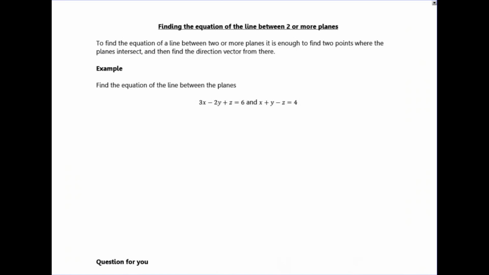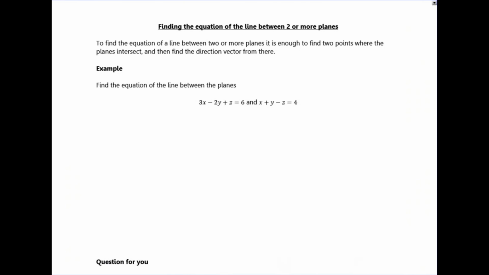So, finding the equation between two or more planes. This is where you've got two planes that intersect, and they will intersect along a line of points. Occasionally you may be asked to find the equation of that straight line. To be honest, I think it's more of an A2 further thing that they would ask. They've asked it on the A2 further papers, but just in case they sneak it into an A2 further paper,